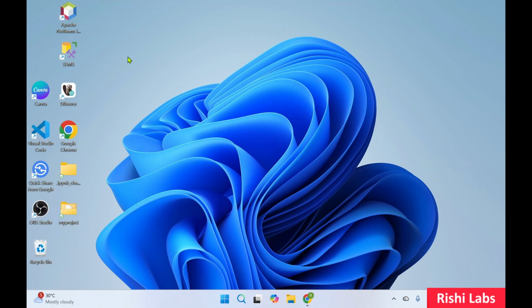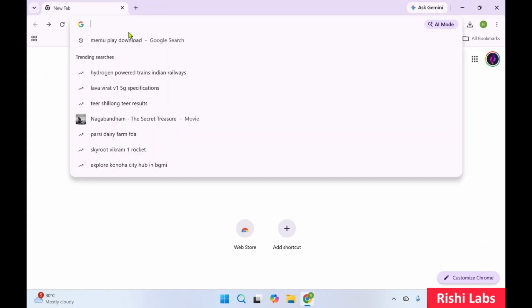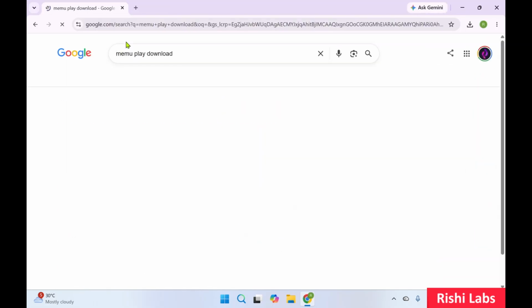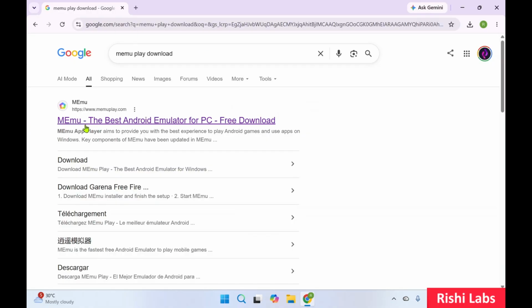In today's video, we will see how to download and install MEmuPlay software. So let's get started. For this, you require a web browser. In the address bar, you need to enter MEmuPlay download and press enter. You'll get this first link,